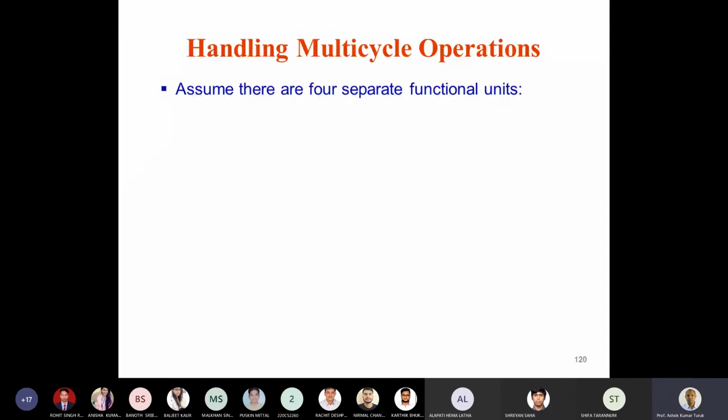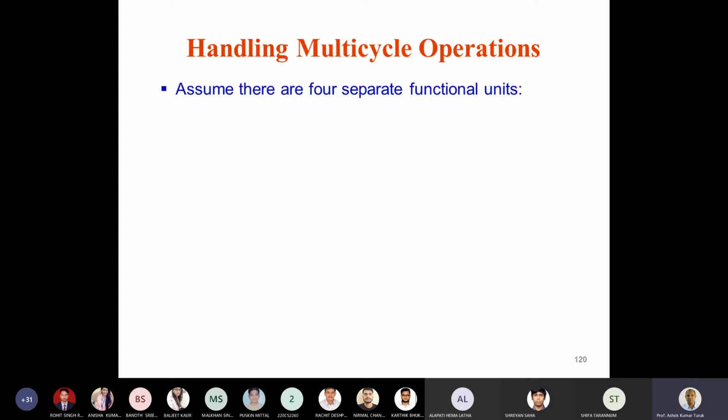So this is what we were discussing in the last class: how to extend our MIPS pipeline to handle multi-cycle operations. So here we'll assume that there are certain operations which take a larger number of clock cycles. Look at our integer pipeline, we have discussed that the execution stage for each and every instruction takes only a single clock cycle. But we are talking of even floating point operations, where there are some operations which will take multiple clock cycles. Like, all floating point operations usually take multiple clock cycles.